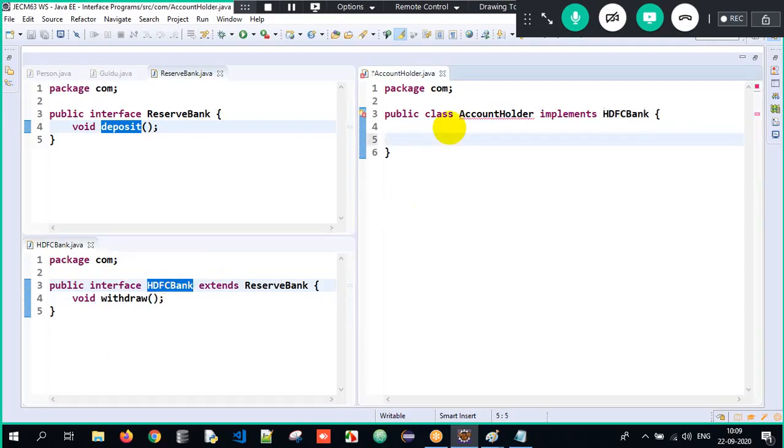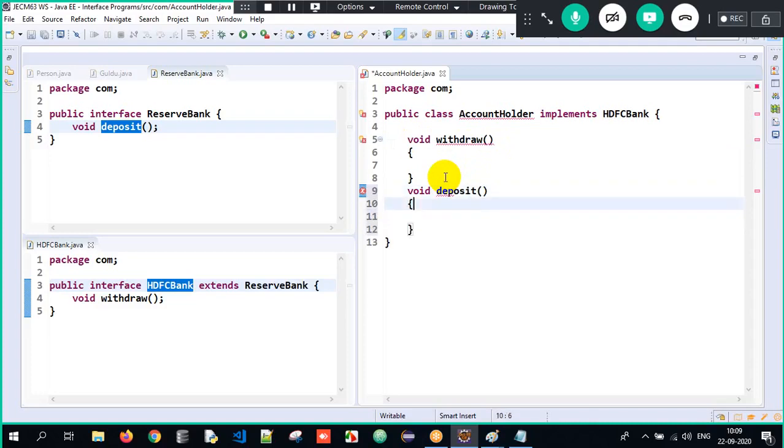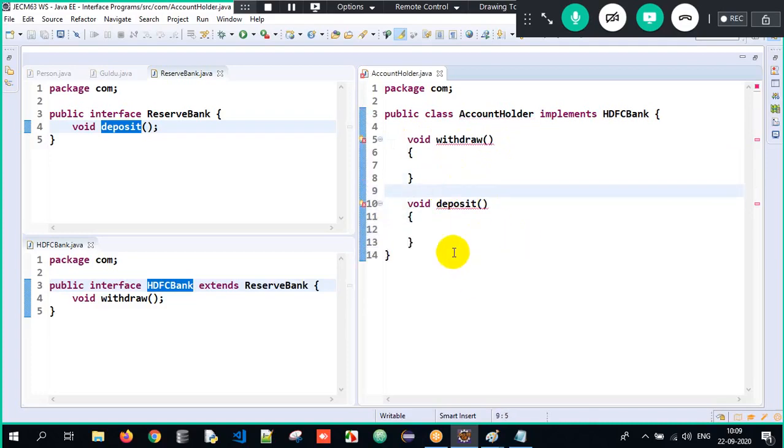Therefore, if I override only the withdraw method, it will give an error. See, void is the return type, withdraw is the method, and it gives an error. I need to override one more method. What is it? Void deposit. So I have to override both the methods here. Got it? But now it still gives an error. Why? Sir, while overriding a method from an interface, the access specifier has to be the same or of increased visibility. So make it public. If you don't make it public, the compiler will nicely scold you. So he's scolding me, and I have to change it to public here.